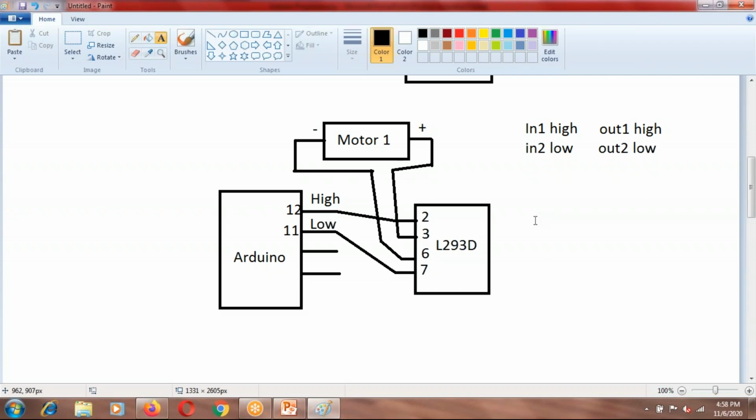Okay, great. So I expect you to write a program to run this motor for 1 second or 2 seconds, whatever you wish, and stop it and turn it in the other direction for another 2 seconds. Is it possible for you to write the program? You can use Tinkercad also to make the circuit and see for yourself how things are working.